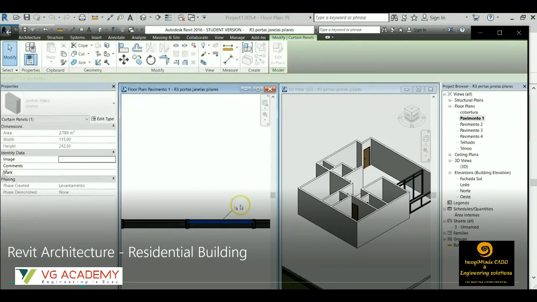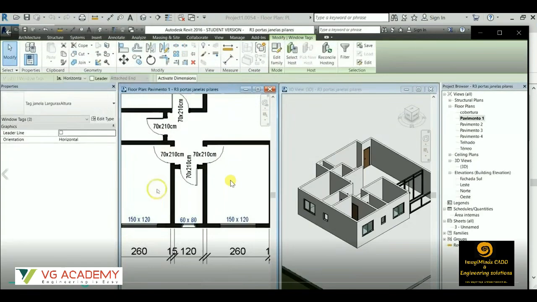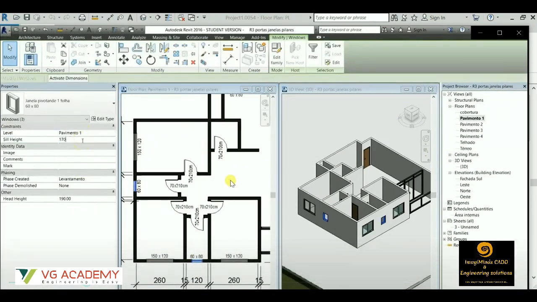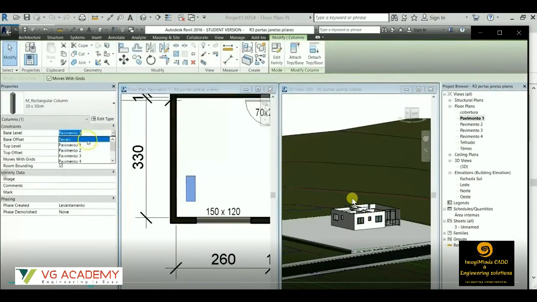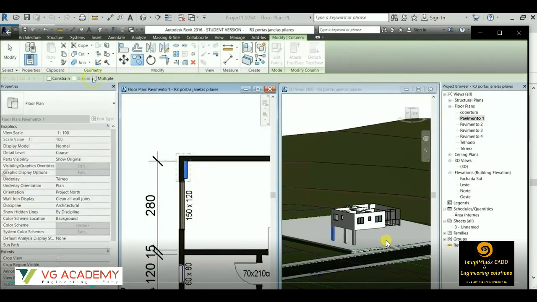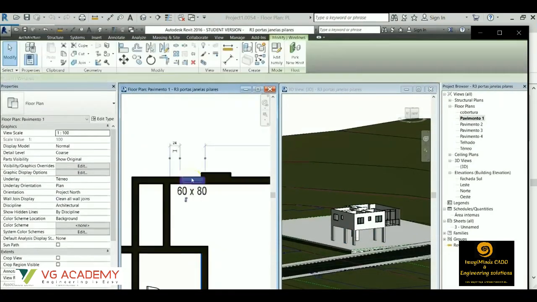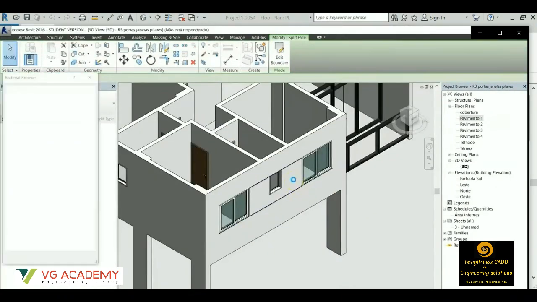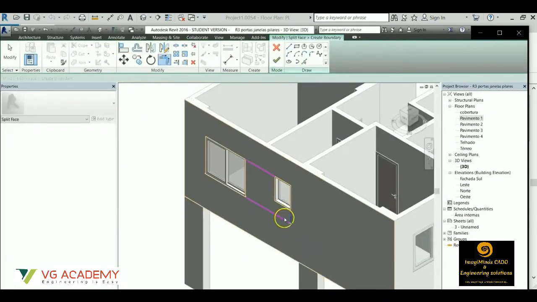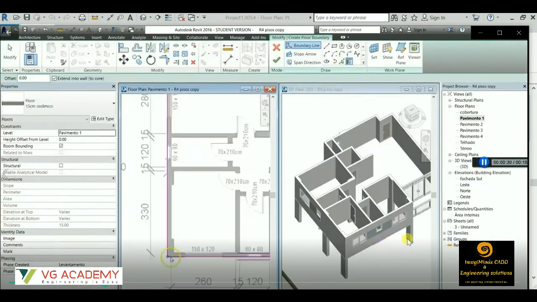So from this family option, we'll be able to place different types of doors and windows. There will be n number of doors and windows. Different types are also there. So as you can see, we can place it like this. Then we can place the columns. We have the column family from the Revit structure, as I already told. The structural part can also be shown, the 3D reinforcement detailing. So here the columns are placed.